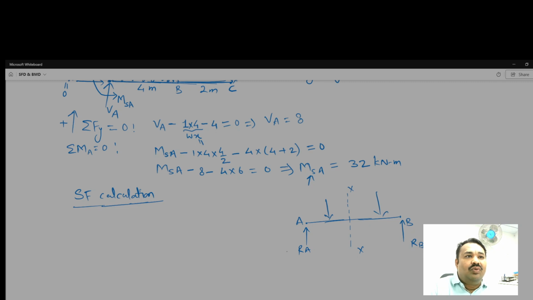Okay, so upward direction we take positive, and on the left side downward we take negative; on the right side downward we take positive, and right side upward we take negative. This is the sign convention for the SFD. So now,